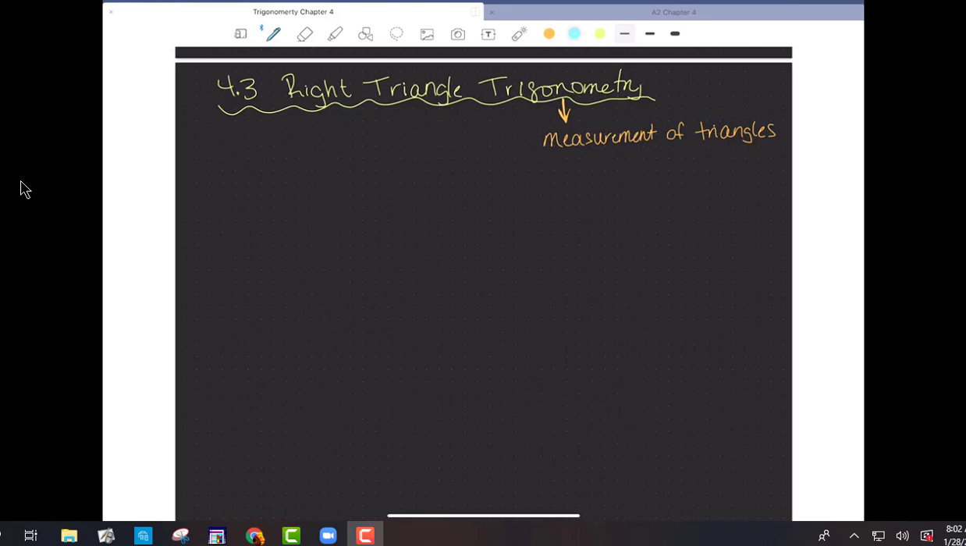Back in the day when you were wee little high school students, when it came to right triangle trigonometry, we learned sine, cosine, and tangent, and how to look at that right triangle to figure out sines, cosines, and tangents. So we came up with that little SOHCAHTOA. Remember that? Some people like to write SOHCAHTOA